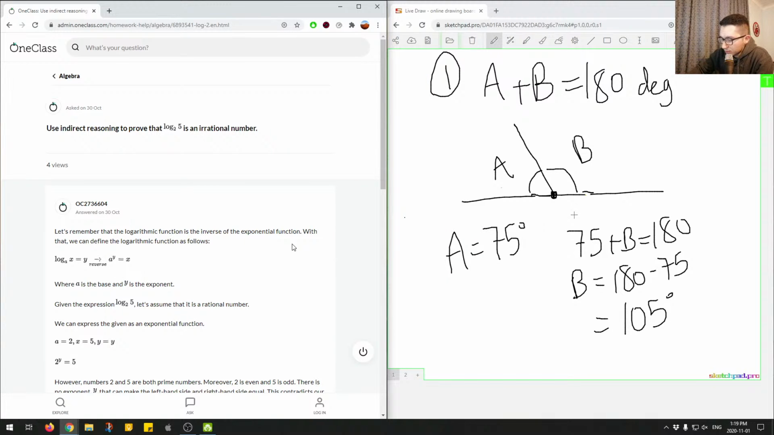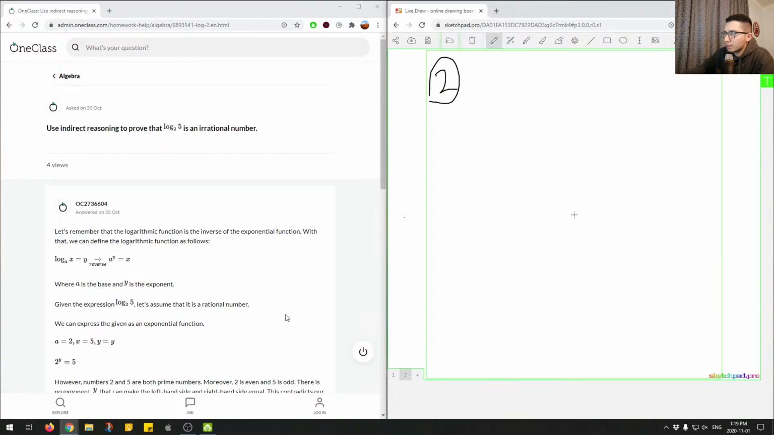Okay, let's move on to question number 2. Okay, so this next question is asking us, use indirect reasoning to prove that log base 2 of 5 is an irrational number. So we're given log base 2